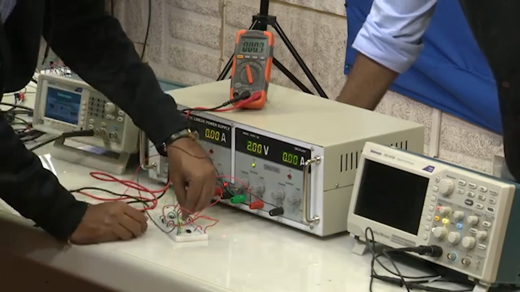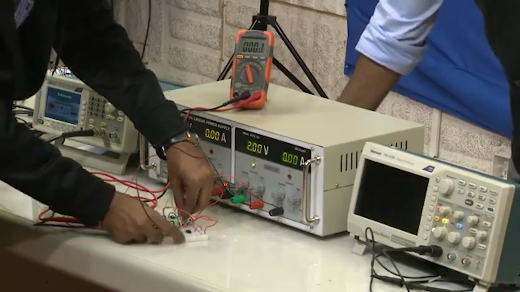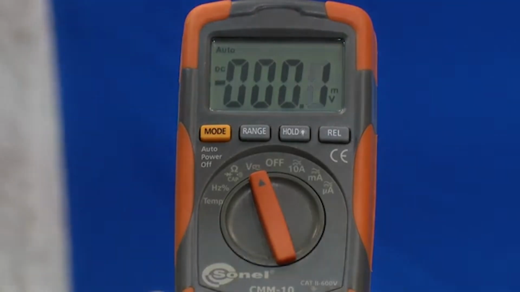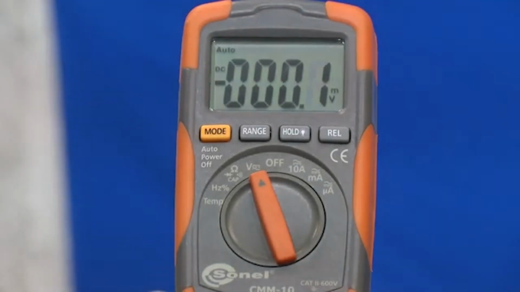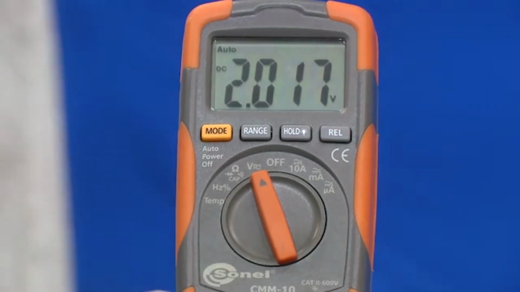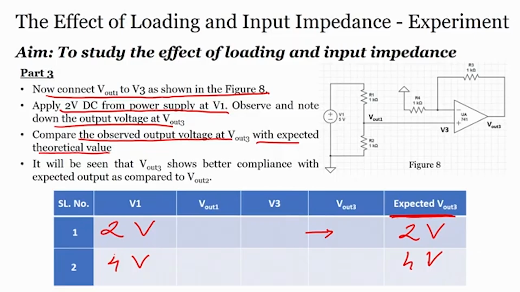The output of the non inverting amplifier, when we connect the output of the potential divider, is 2.017 volts. That means that when he applied an input of 2 volts across the potential divider, he found that the output V3 was